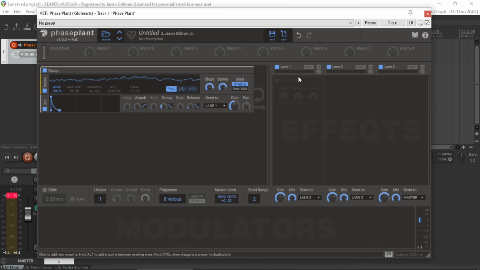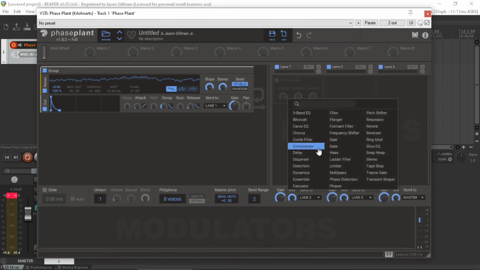From there, we're going to move over to lane 1 here. So as you can see, you have 3 individual lanes you can send to, each of them that you want, or none at all. And you can also disable the lanes that you don't think you're going to use if you so desire. Won't worry about that here, but the first effect that we're going to do is we're actually going to use